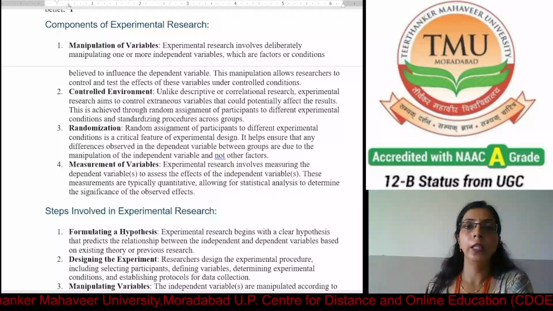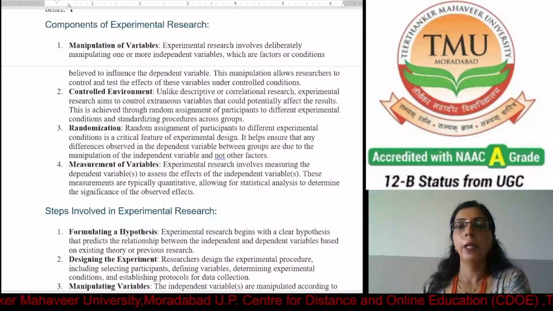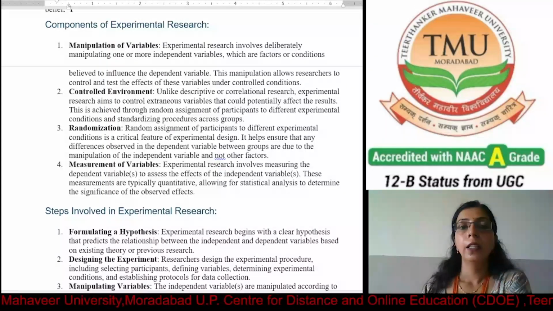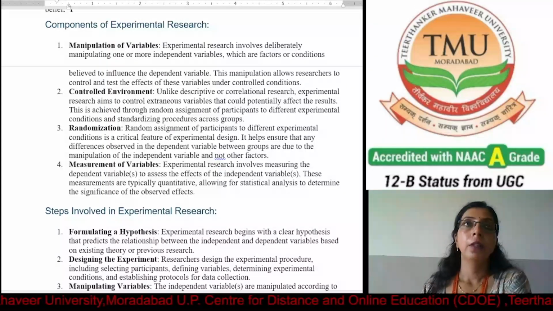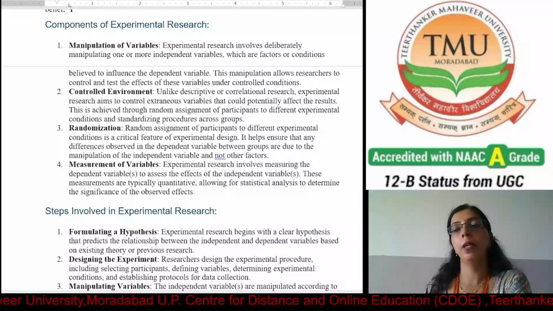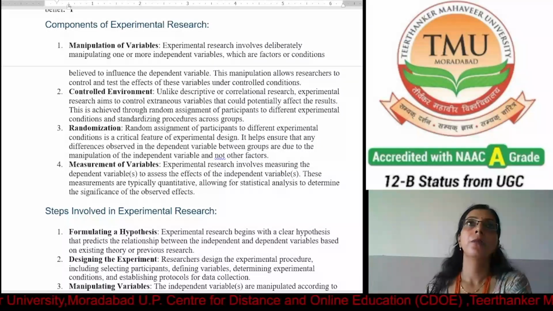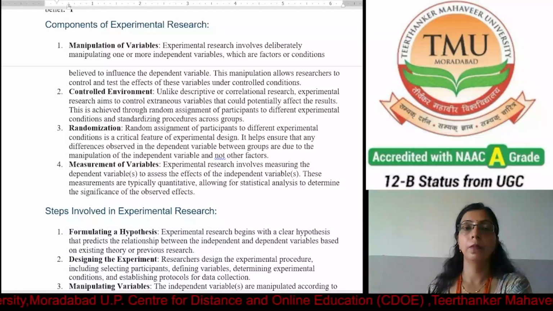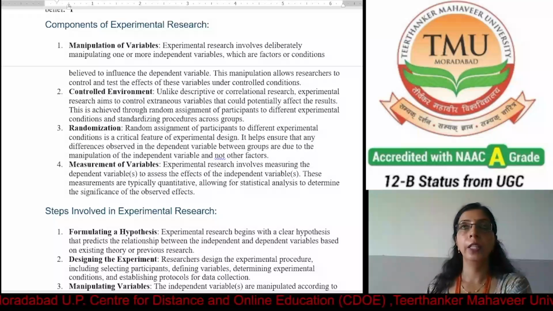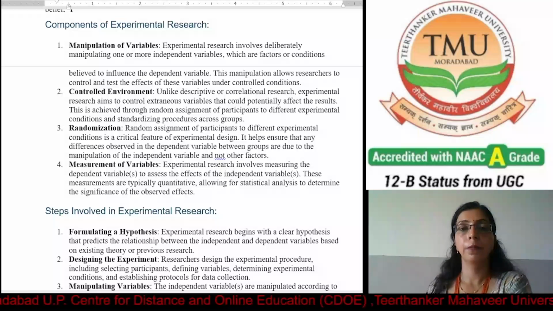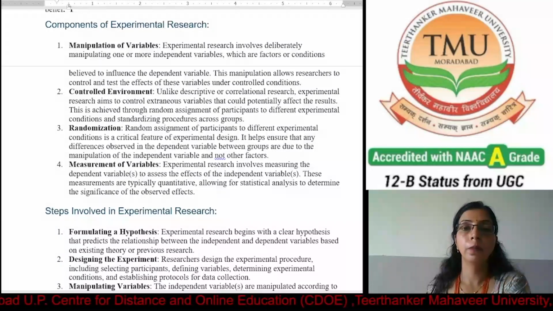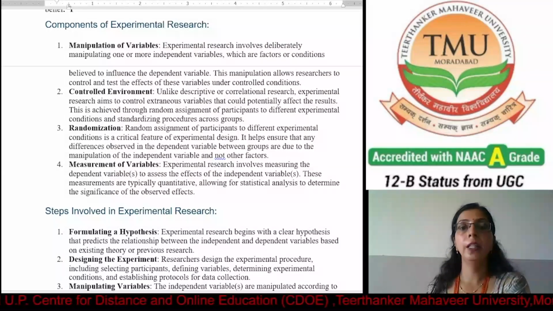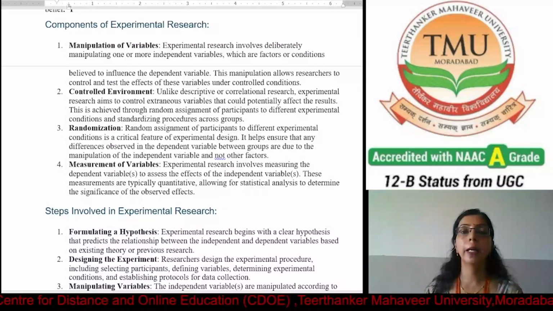So once again, Campbell and Stanley identify some sources of error which are as follows. Number one, history, maturation, testing, instrumentation, regression, selection, mortality, interaction of selection and maturation,